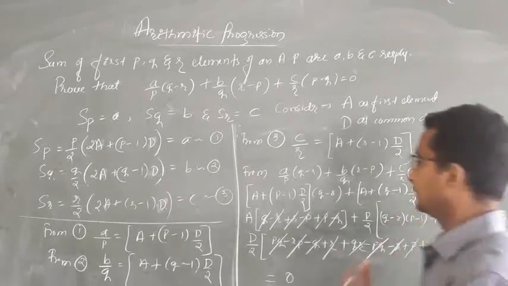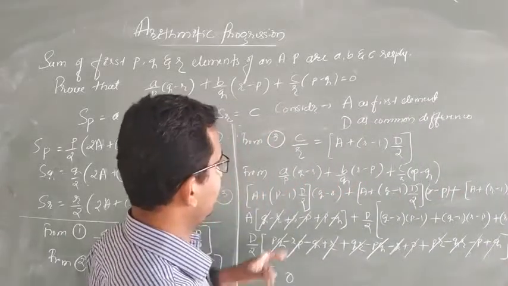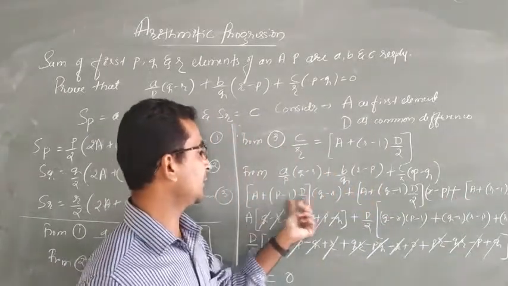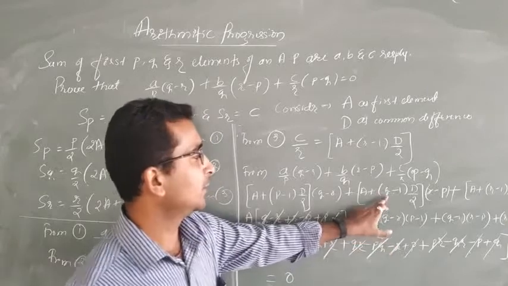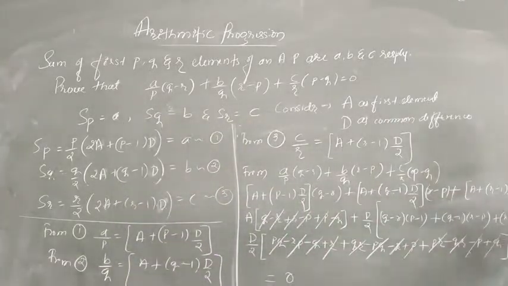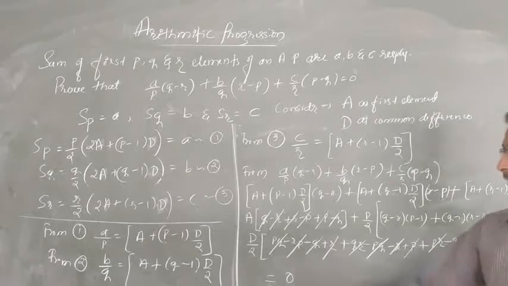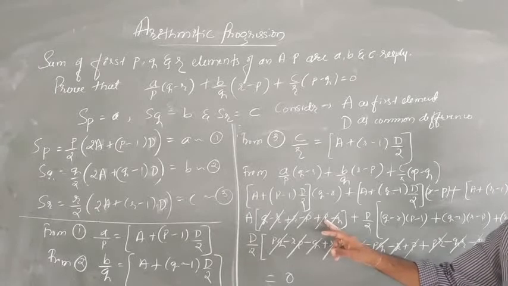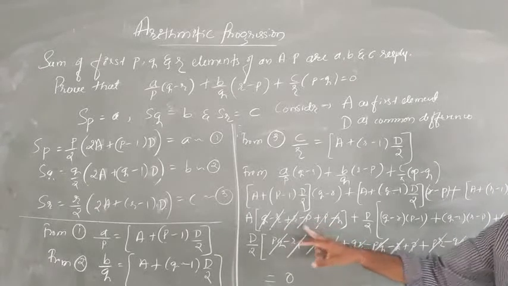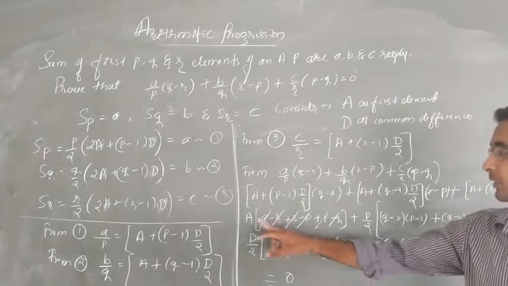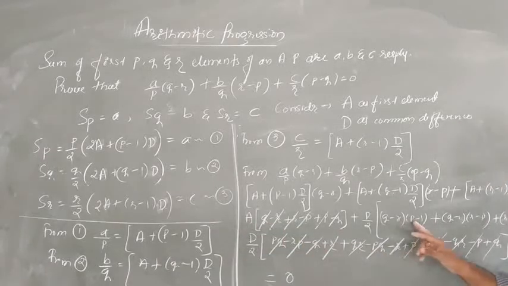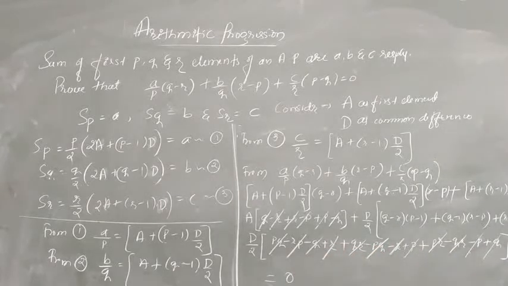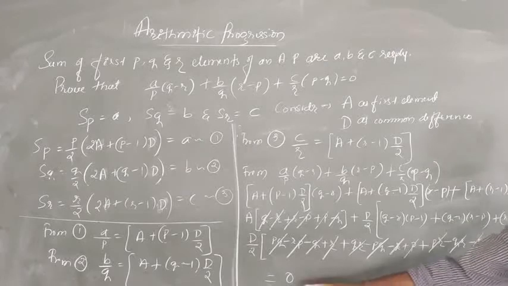When I take this one, then plus, taking D by 2 as the common multiple, these are multiplied: p minus 1 into q minus r, q minus 1 into r minus p, and r minus 1 into p minus q. Then here, plus r and minus r, plus q and minus q, and plus p and minus p get cancelled, so 0 into this one is again 0. Then I multiply these two and these two, and I get these terms, and the plus and minus terms are going to be cancelled here. At the end we again get 0.